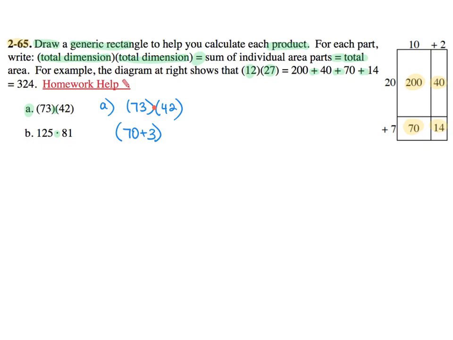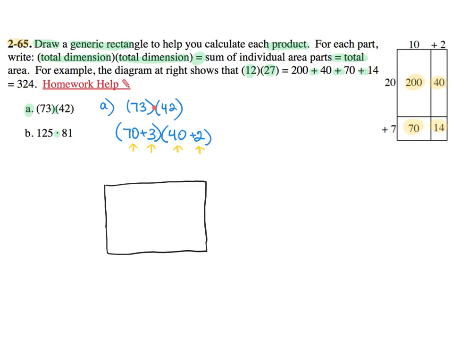So 70 plus 3 times, and then the 42 is 40 plus 2. When I'm drawing my generic rectangle, I need to separate 2 parts times 2 parts, so 2 rows and 2 columns. As I'm drawing it,